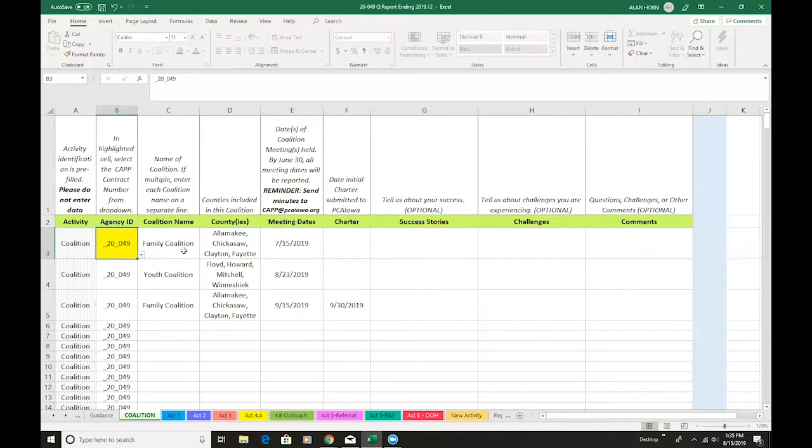In this example, this service area is covered by 2 coalitions. Enter the coalition name, the counties covered by that coalition, and the meeting dates. I recommend that when completing this form, for each coalition meeting, you enter a separate line to keep track of those dates. In this example, the second coalition, the Youth Coalition, met on August 23rd, and then the Family Coalition met